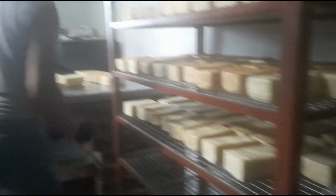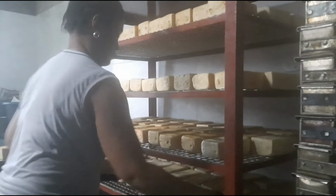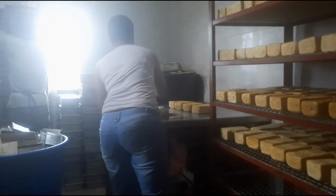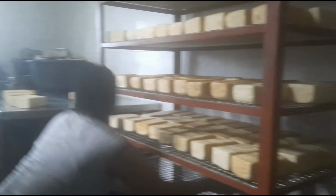So now it's done baking, and you can see I'm putting them on the rack. Remember this rack I told you about in my previous video, how important this rack is. It has holes. You can see how the rack was made just to allow free flow of air around the bread to make it cool,